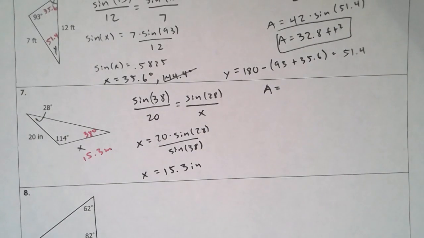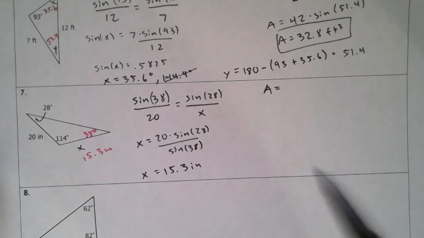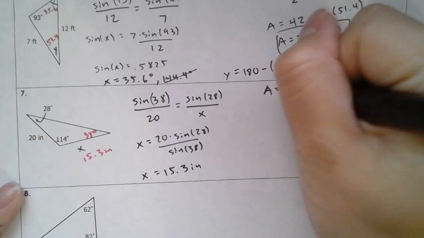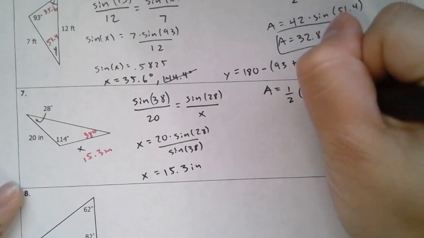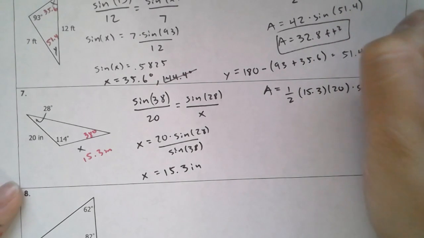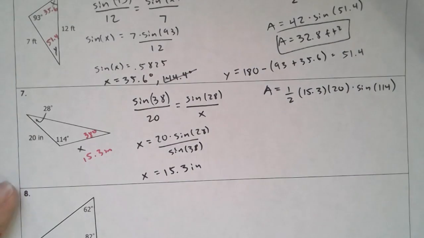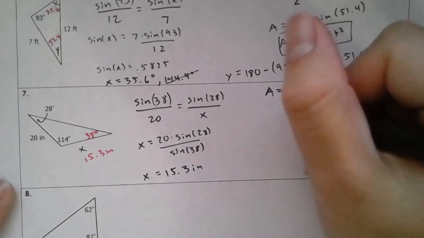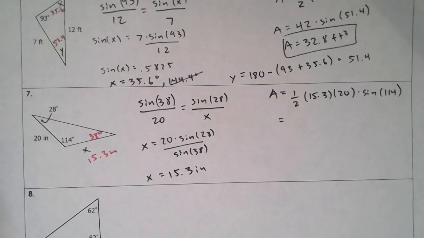So now I can plug into my area formula. So 1/2 times 15.3 times 20 times the sine of 114. That's going to give me the area of this triangle. So 15.3 times 20, you're going to get